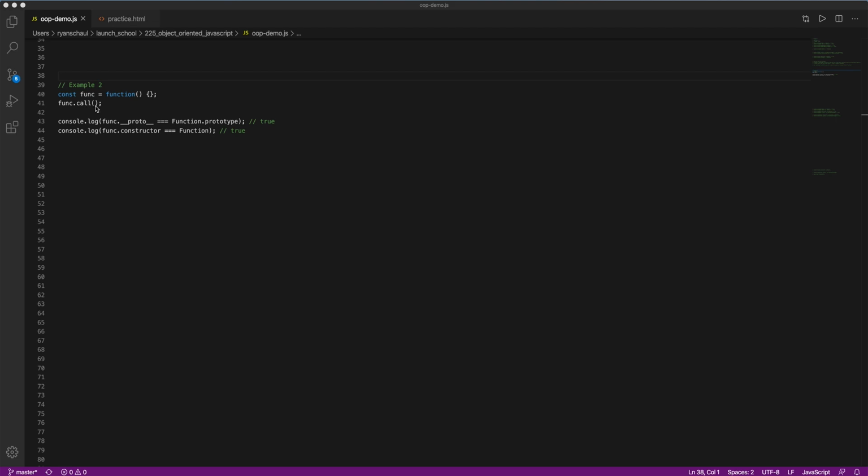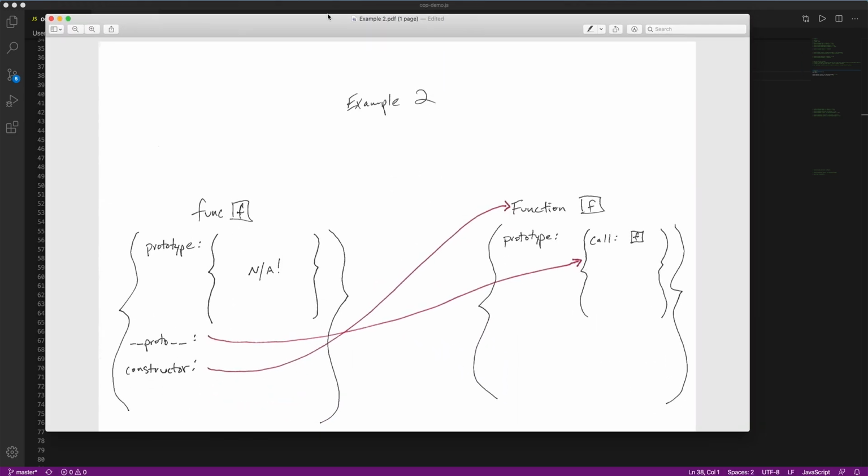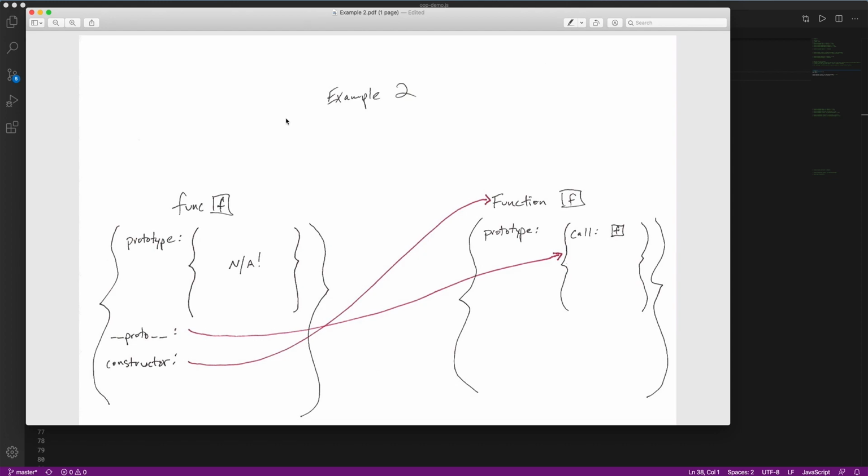But why? Again, just like the first example, what I'm actually trying to do here is find a property with the name of call and then invoke it as a function, right? I'm trying to utilize method invocation here on func. So what's actually happening? Just like we talked about in the last example, here's func. It is a function,